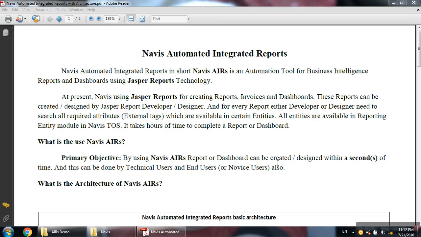Hello, I'm Akhil. I'm here to explain how Navis AIDS works, what the uses of Navis AIDS are, and how to utilize these Navis AIDS in a Navis terminal operating system. Before going to the practical demos, I'm going to explain the objectives and the architecture